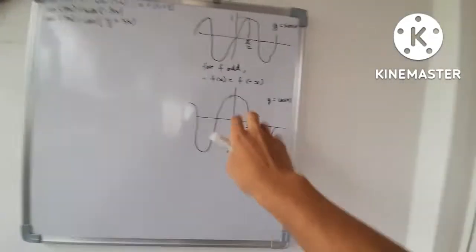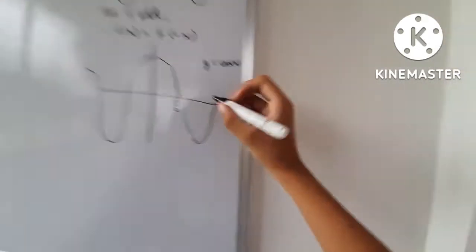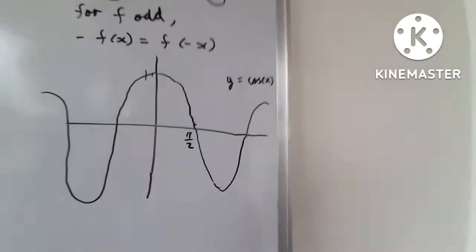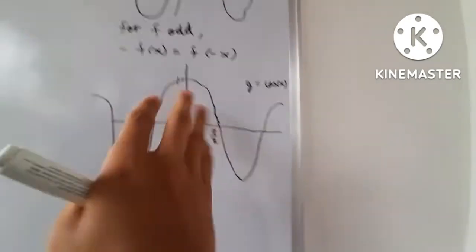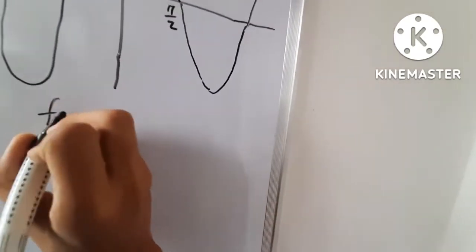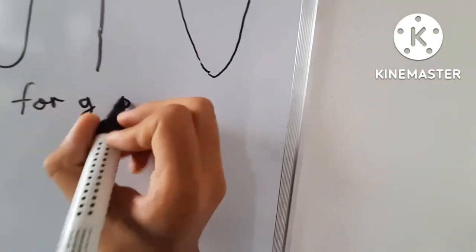So what's a property of the cosine function? The cosine function is an even function, and for g even, we have